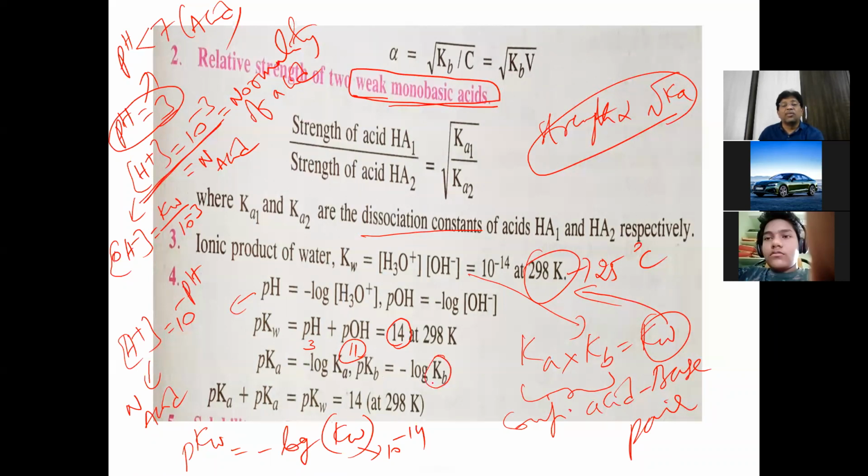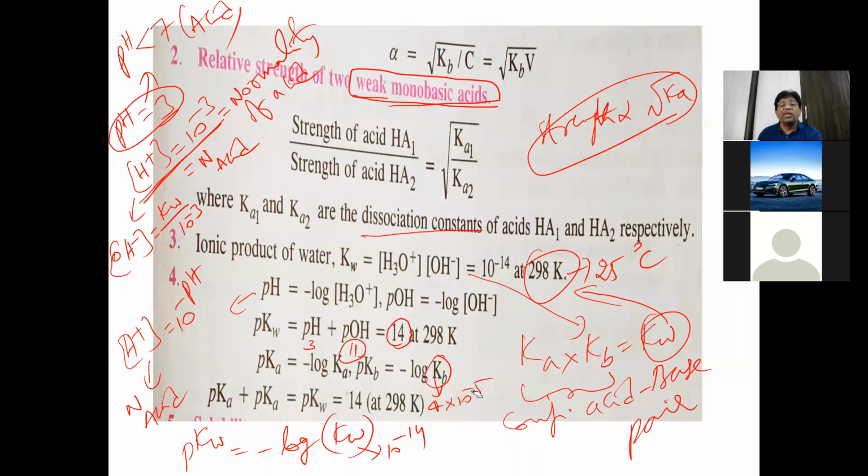So Kb value, suppose Kb value is given as 4 into 10 power minus 5. If Kb value is given as 4 into 10 power minus 5, then how to take pKb? Tell me. Minus log of 4 into 10 power minus 5 indicates 5 minus log 4. 5 minus log 4, value how much? 0.6. 5 minus 0.6, how much? 4.4. Okay, like that we get pKb.